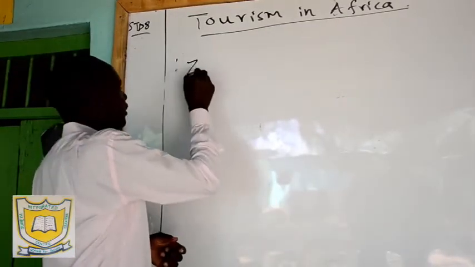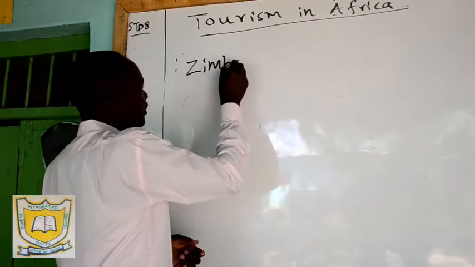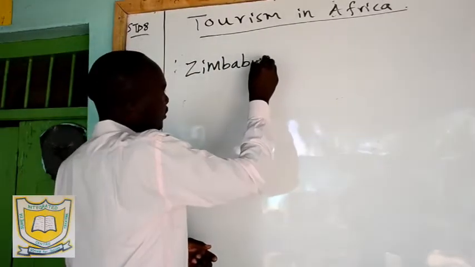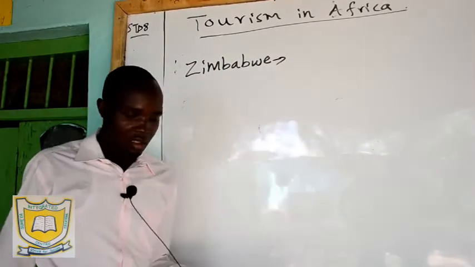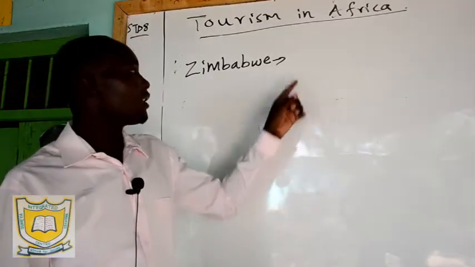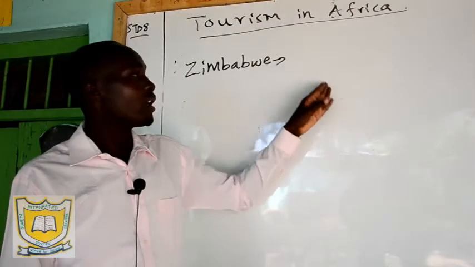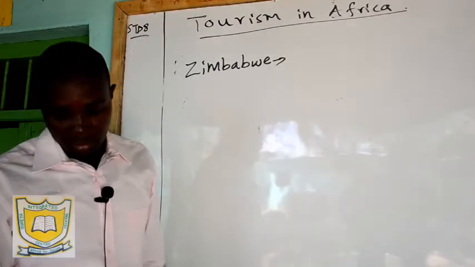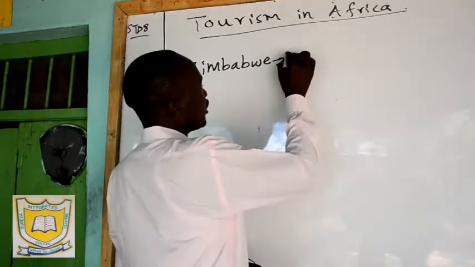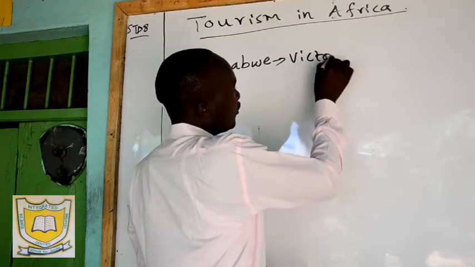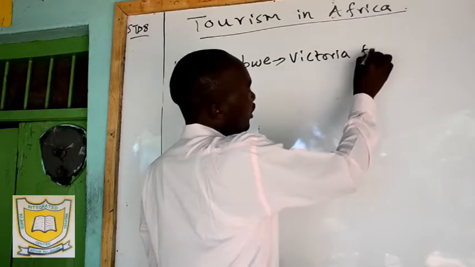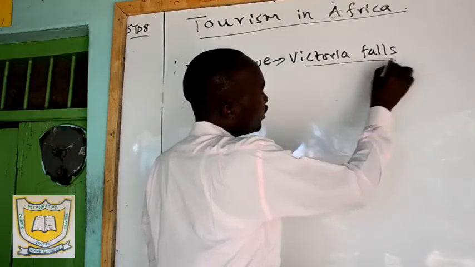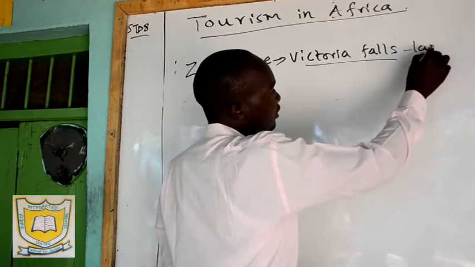Zimbabwe is a country found in the central part of Africa. When you are heading to the southern part of Africa, you will find that country. So we have tourist attraction in this country. We have what we call Victoria Falls. Victoria Falls is the largest fall in Africa,